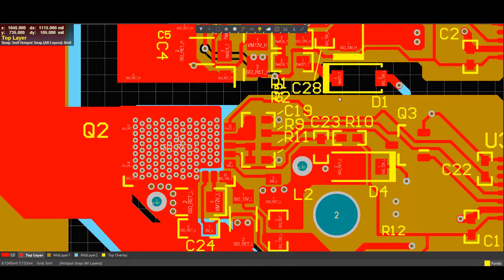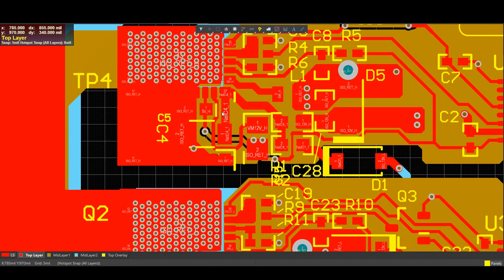Looking at the fault signal from the bottom device, it's too close to the top side, and there are no shielding traces to protect the signal. Lastly, the Kelvin connection here on the ground plane is too far away from the source, which is introducing too much inductance along the trace.